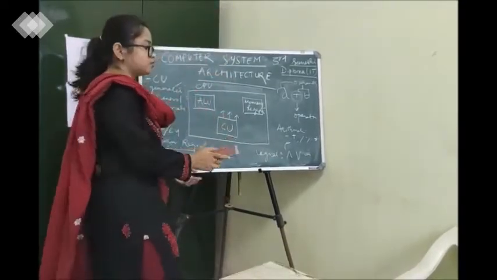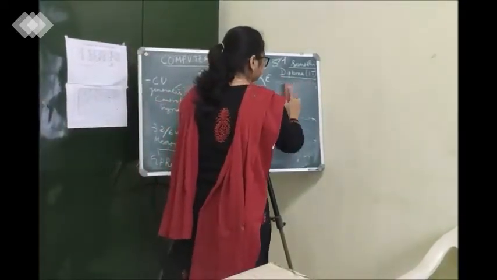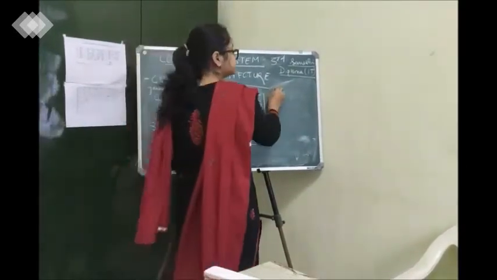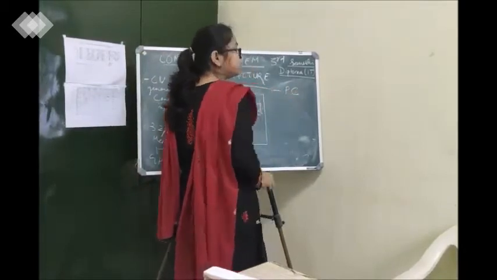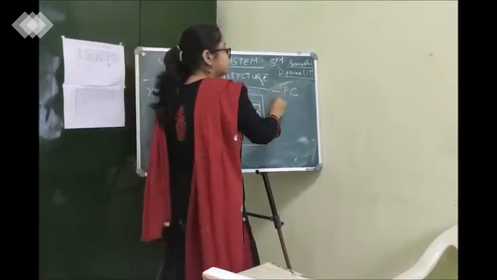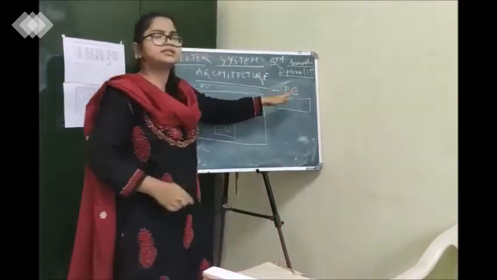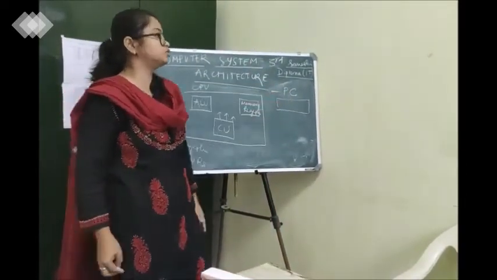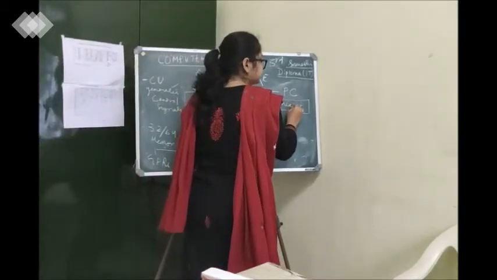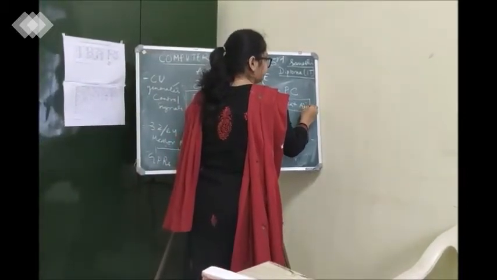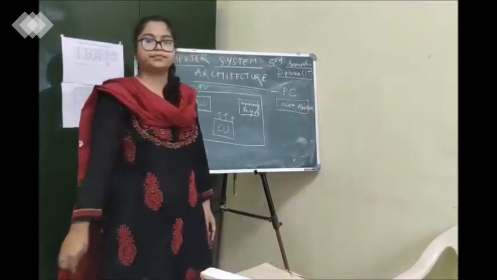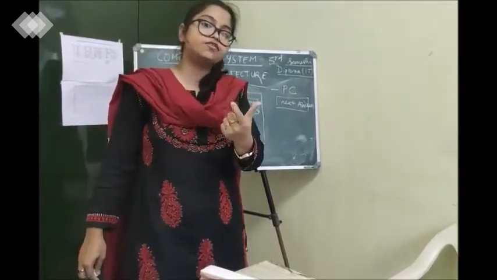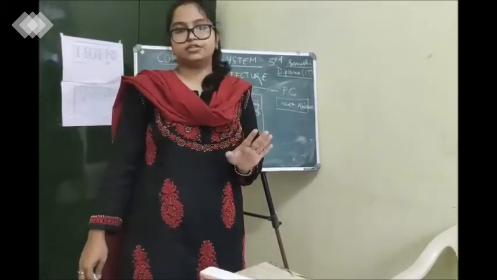Some examples of special purpose registers is the program counter. This we will study later, not to worry. I am just giving some example. PC is one of the special purpose registers. What is the work of PC? It doesn't store any data. What it stores is very specifically only the address of the instruction to be executed. What does PC store? PC always stores the address of the next instruction that is to be executed.